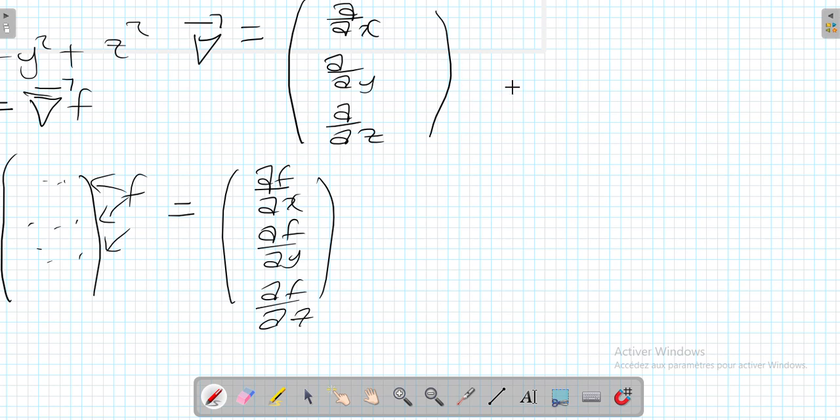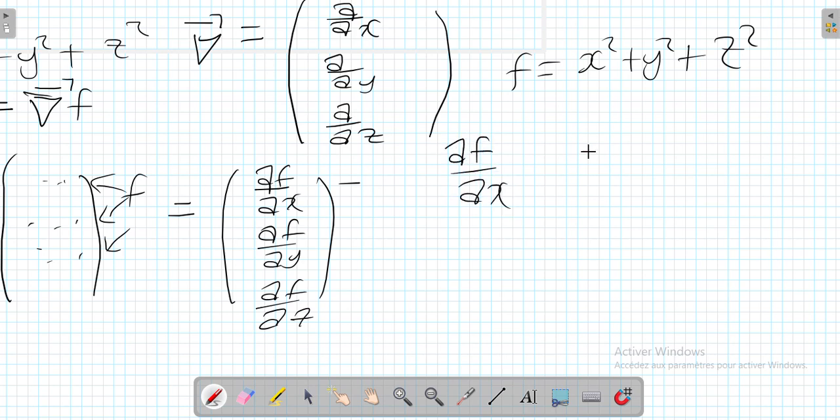So now our job, our f is x squared plus y squared plus z squared. So our job is to find the first element. Okay. So what is the partial derivative of f with respect to x? So what does partial derivative mean? As the name implies, partially